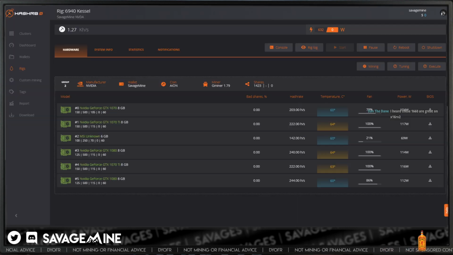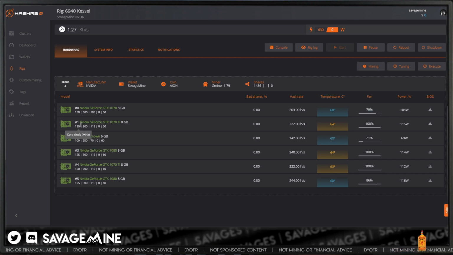TDP, golly, I always forget. It might be thermal distribution power. I don't remember. I could look it up, but I don't care that much right now. I'm kind of tired.